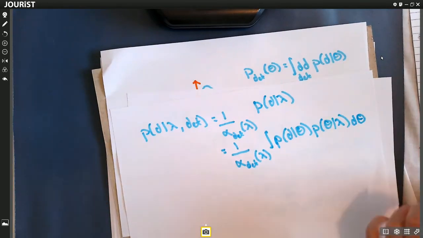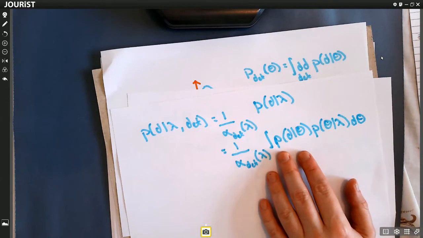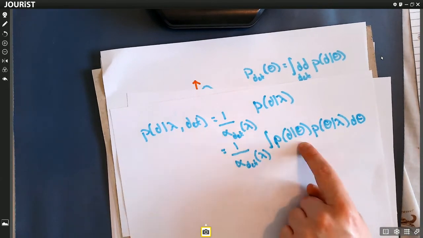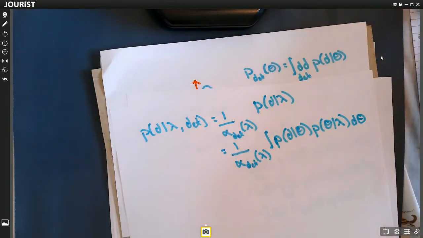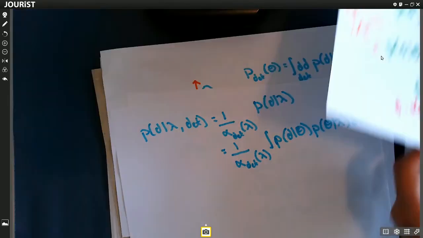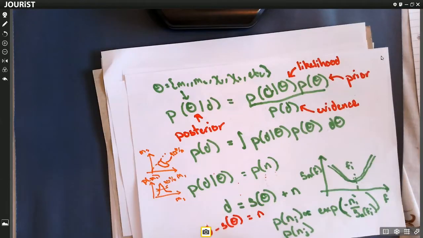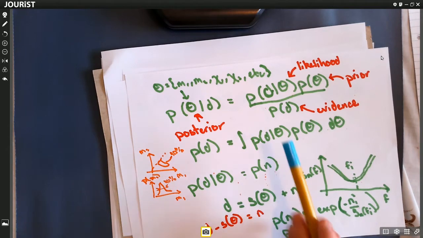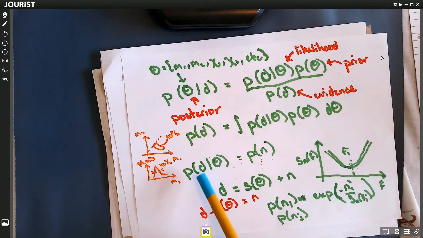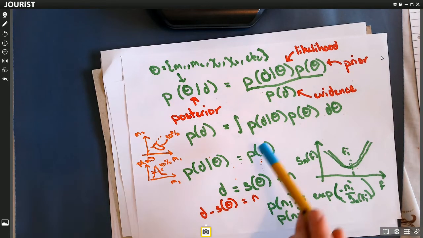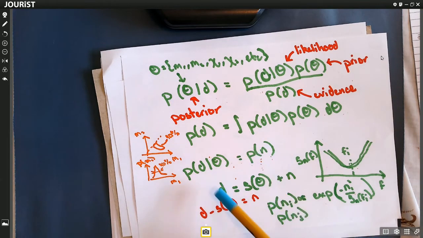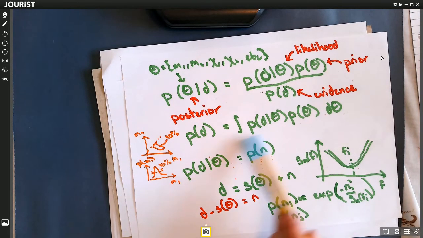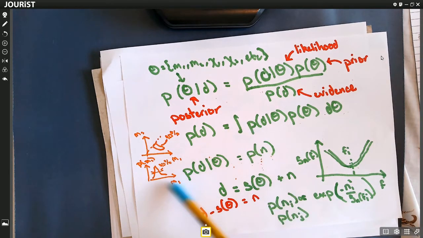I thought of a much simpler explanation for the earlier question of why it does not matter whether this depends on lambda or not. I wasn't thinking of this earlier, so it's a bit slow, but that just depends on the form of our likelihood. So p of d given theta is just a property of our noise curve. This is saying, given these values of theta, what's the probability of having this value of the data? This just depends on the noise properties of our detector. It doesn't depend on our model choice. As long as we have the right range of theta, we always calculate it the same way. It's always this Gaussian product.